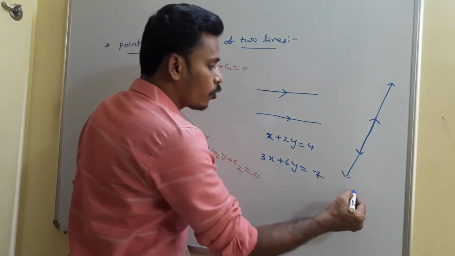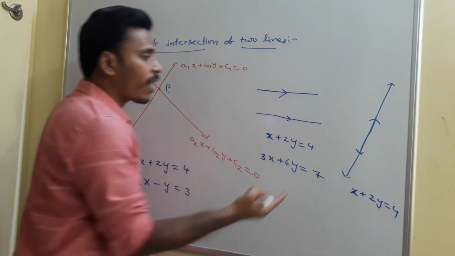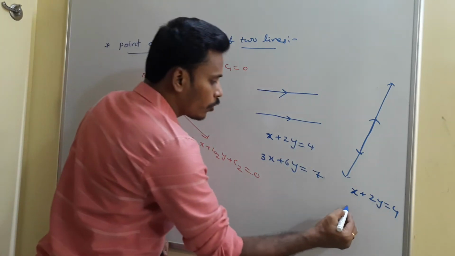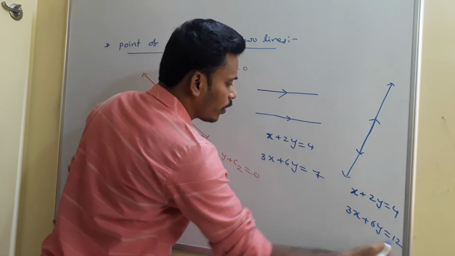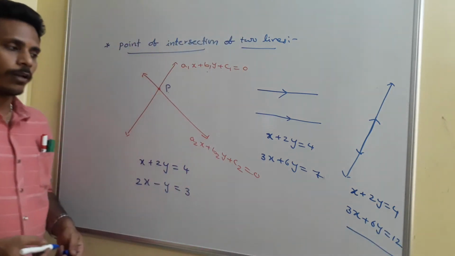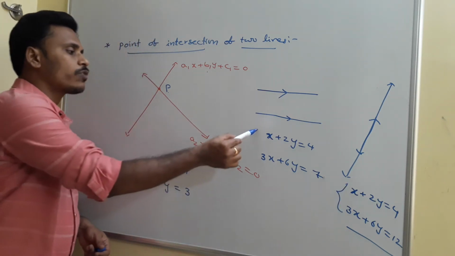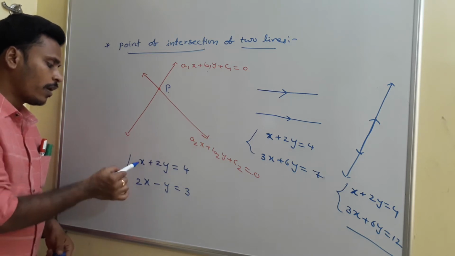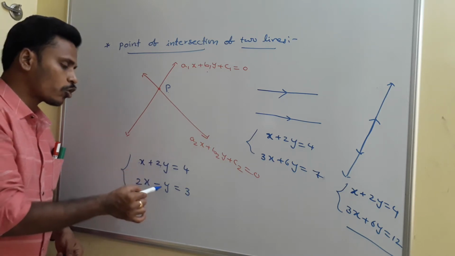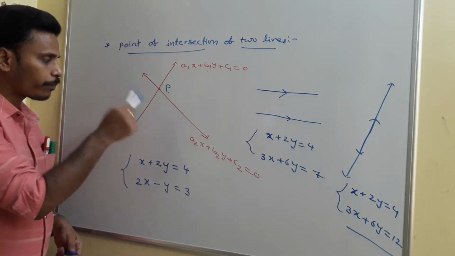Whereas in the last case, if you look, for example, if one line is x plus 2y is equal to 4, other line should be coincident with the same, so you need to multiply with some 3 or some 4 or some other number, then you will get that 3x plus 6y is equal to 12. So these two lines we usually call them as coincident lines, these two lines we call them as parallel lines, and these two lines, see, the ratios are not same, the ratios of x coefficients, the ratios of y coefficients are not same, then in that case we say the lines as what?